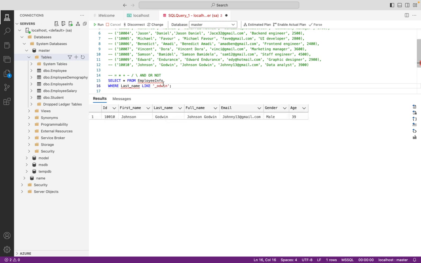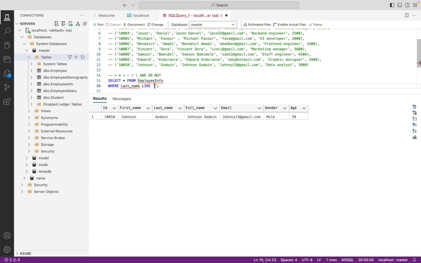Around this we get this, so we can try that out and see. We get nothing. We can try this one out and see. We get something. So this percentage wildcard tells us it actually accepts multiple characters, while the underscore accepts just a single character. So we can use the LIKE to see. So for example,